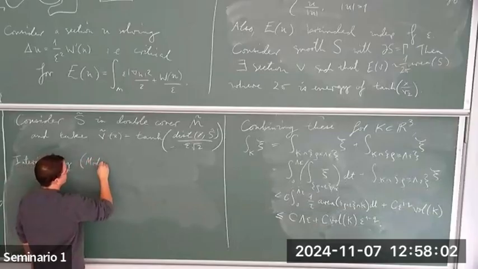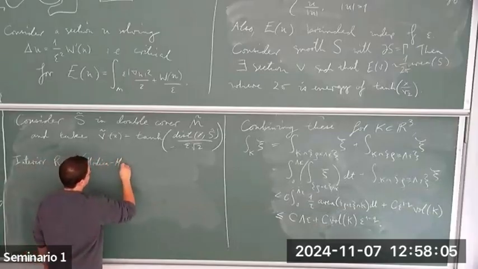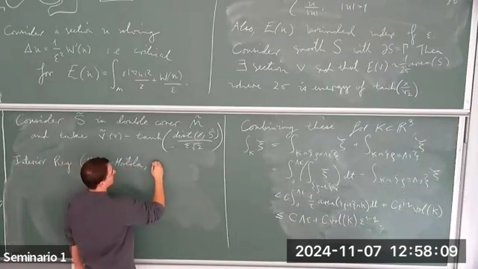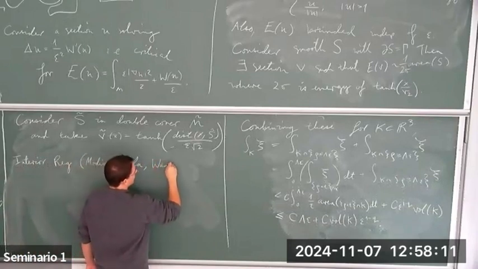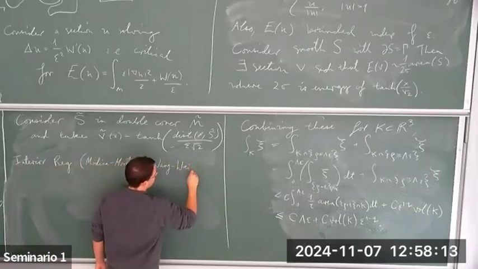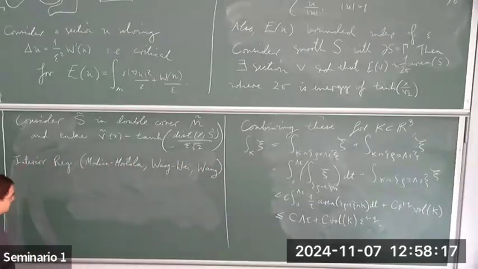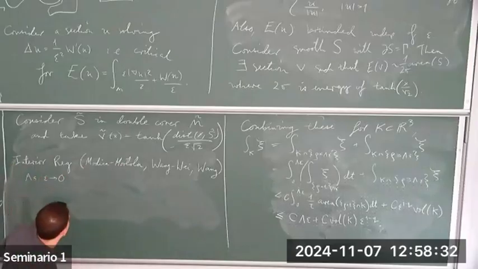Here, one should refer to the work of Mantoulidis, and more recent work by Wei. What we can say using their interior regularity theory is the following. As we send epsilon to 0,